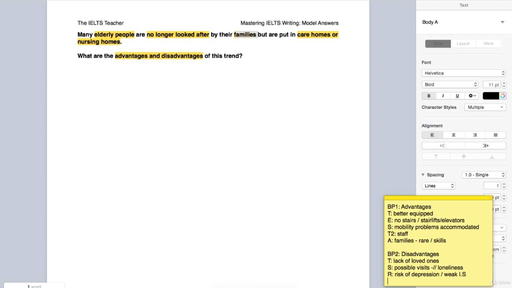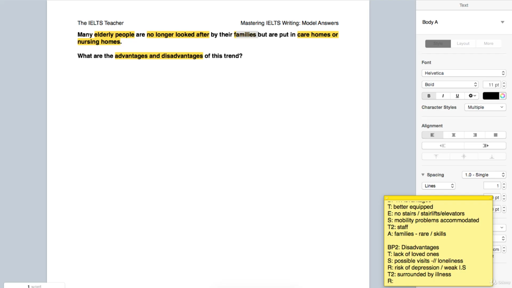And then, just like last time, we're going to add another disadvantage because it's part of the task requirements. Even though we've kind of already done it here, we've got two different disadvantages. They're just quite related. So we'll add a T2. Another problem I can imagine is that people who live in nursing homes are surrounded by people who are often very ill, very old, nearing death, and that's got to be quite a depressing environment in a lot of cases. So we can say something like they are surrounded by illness, death, things like that. We'll develop the sentence later, and then again we'll look at the result of that.